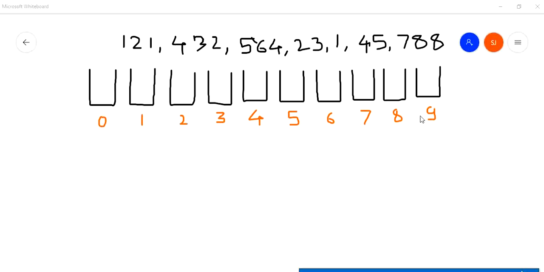Then what do you do? This is a step by step approach. If you follow the approach, you will get the sorting. It is very easy. You have 7 different numbers. Now, irrespective of the size of the array, it is possible that the size of the array can be 15, and you have 15 numbers to sort.